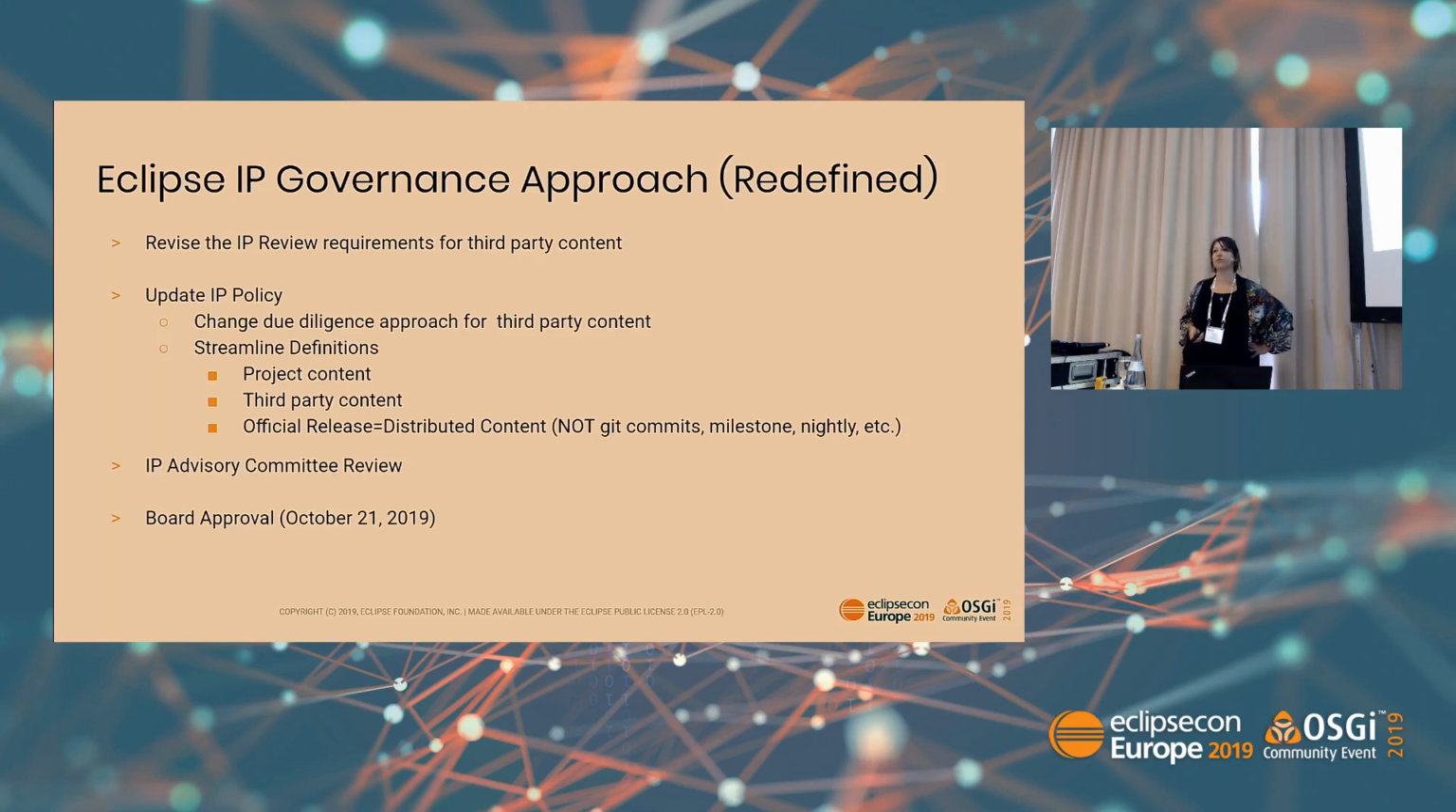I think it's much more straightforward if we focus on project content, which is typically what the projects are developing. And then third-party content is what the projects are leveraging but not maintaining or packaging, potentially. And then official release and distributed content. That was probably one of the bigger changes. So we're not going to focus going forward on Git commits. We understand there might be some indeterminate states happening, but we're going to focus on IP clearance fully at a